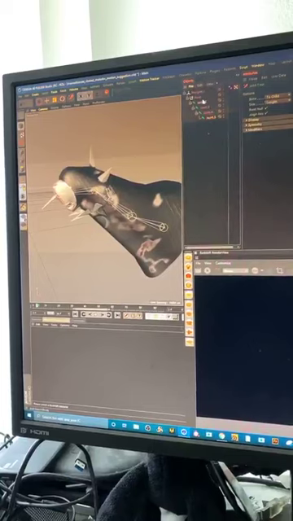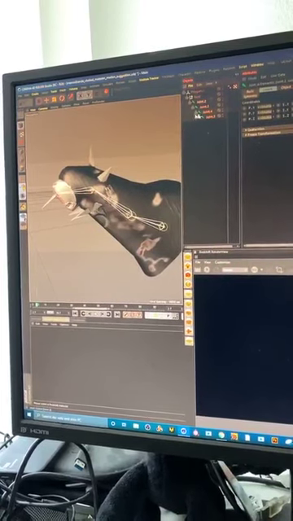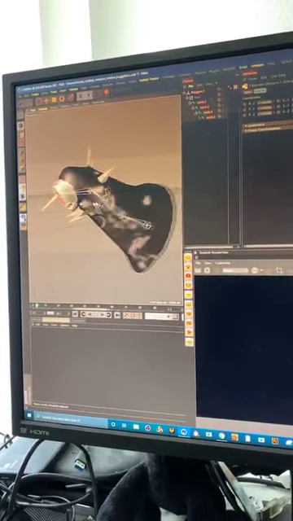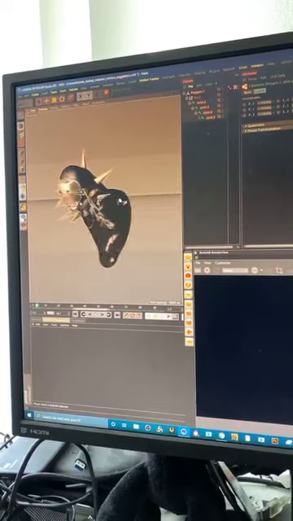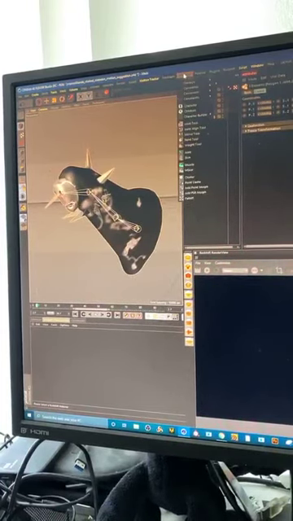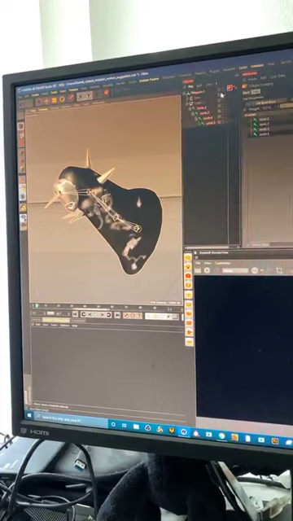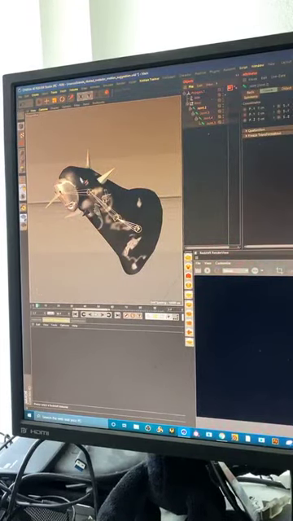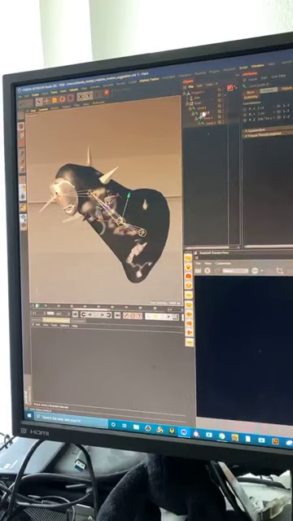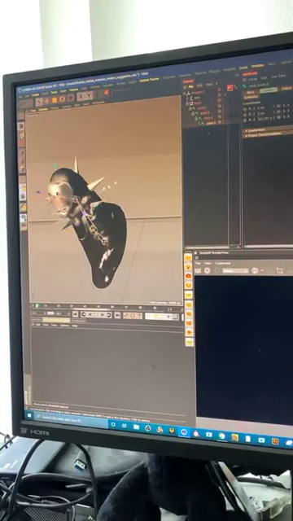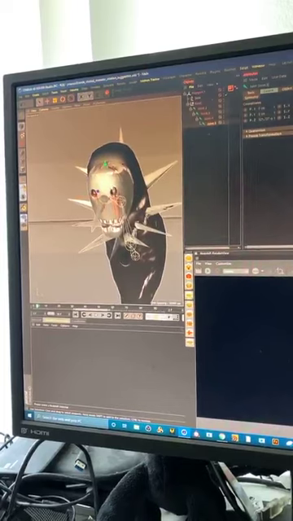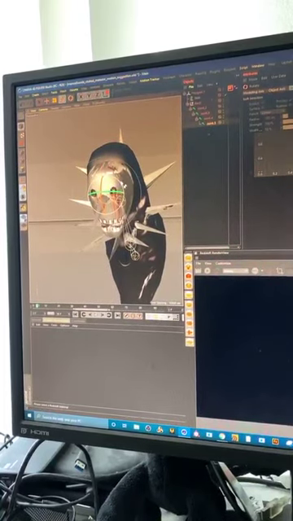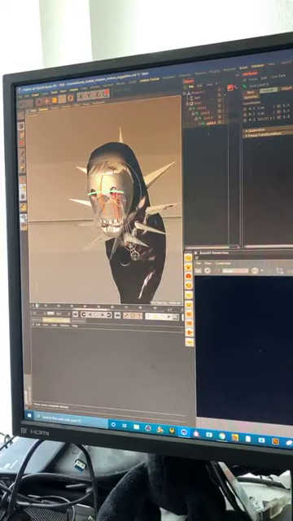Great. I'm going to select all 3 bones and then the geometry, and I'm going to bind the bones to the geometry. So we go up to Character Commands, Bind. And by binding the character to the bones, we should now be able to control the bones, and they should influence the geometry. So if I were to take this bone, for instance, and rotate it, we should be able to rotate the head. Weird, it's not